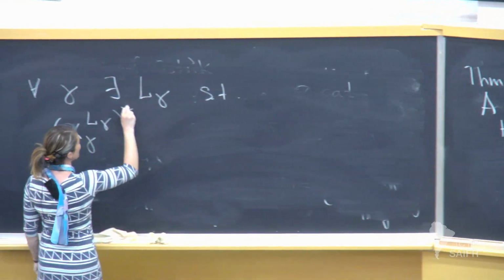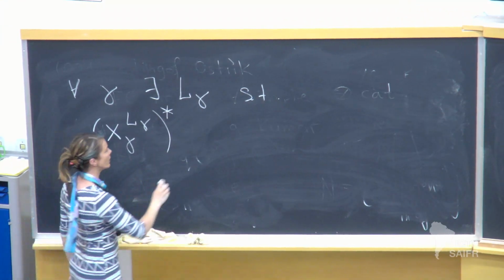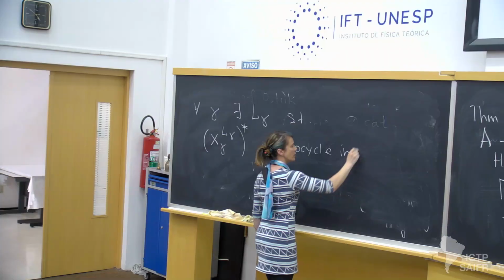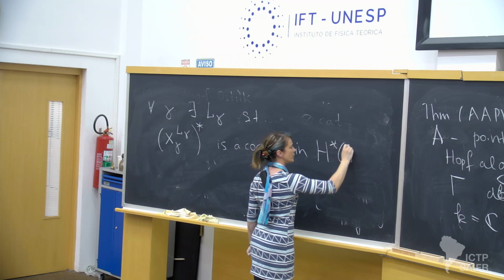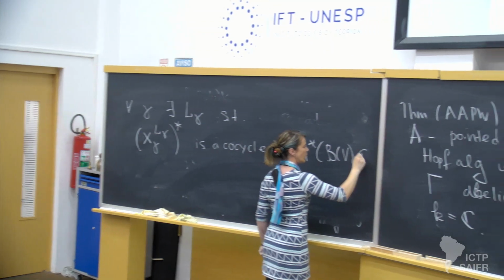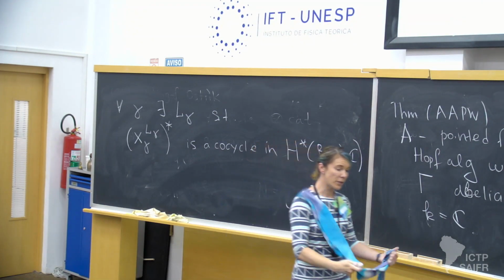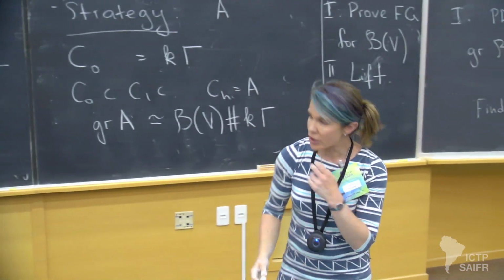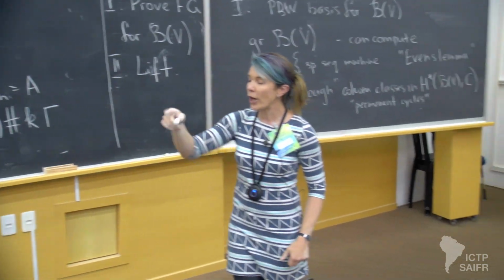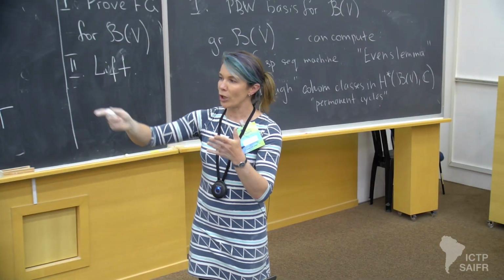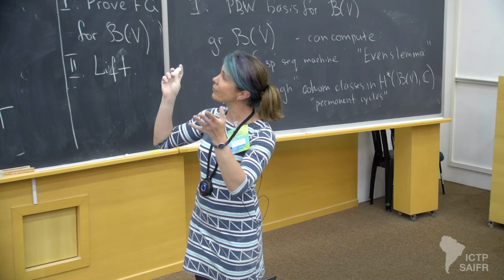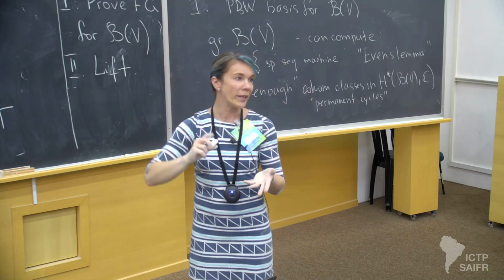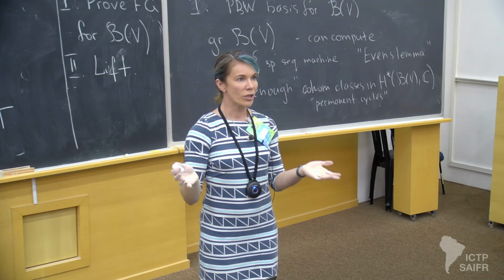Then we actually want a cocycle, so we'll have to dualize. And to show that something is a cocycle, you have to show that it vanishes on everything. So you have to show that, before you dualize, all the boundary maps, all the differentials vanish on that thing. And there you just start computing.